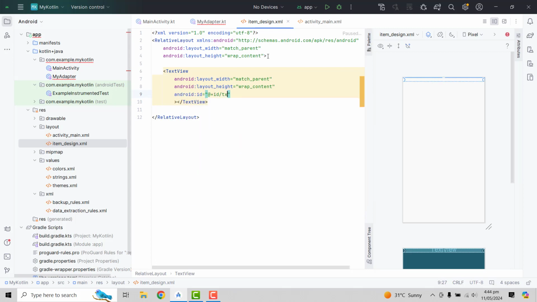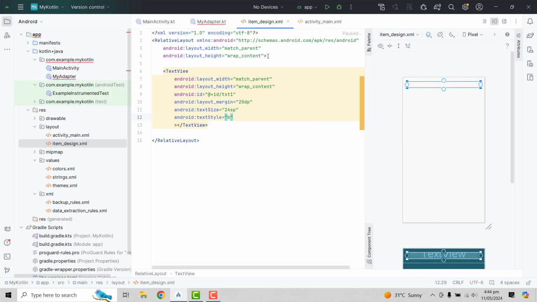The ID will be txt1, and we can set the margin to 20 dp, and the text size will be 24 sp, and text style will be bold. Okay, and instead of 20 we can say it to be 10,